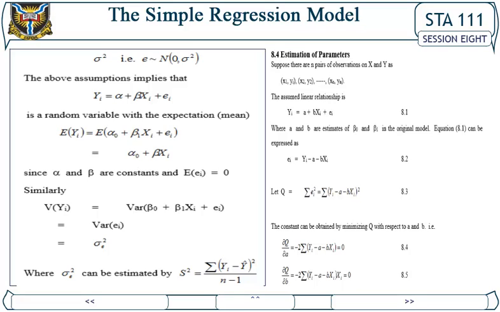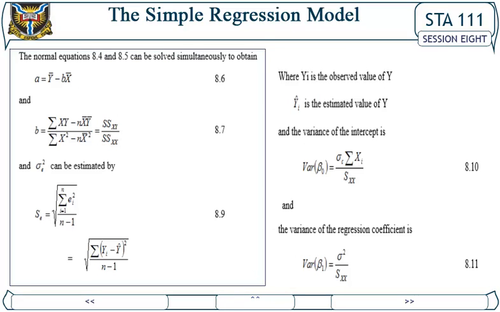Equation 8.1 can be expressed as follows. Let Q be the sum of squared errors. The constants can be obtained by minimizing Q with respect to A and B. That is, the normal equations 8.4 and 8.5 can be solved simultaneously to obtain